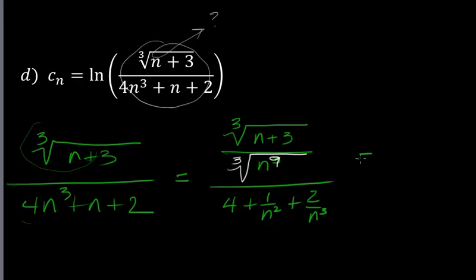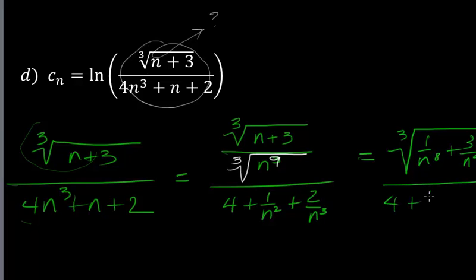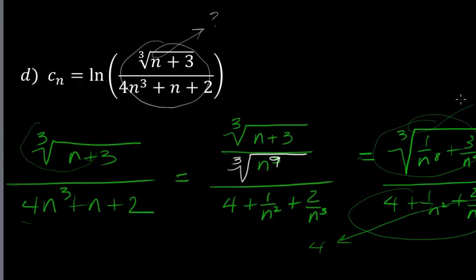And we then get the cube root of n over n to the 9th, 1 over n to the 8th, plus 3 over n to the 9th, over 4 plus 1 over n squared, plus 2 over n cubed. So we see that the bottom denominator goes to 4, and the numerator goes to 0 as n goes to infinity. So we can say that this